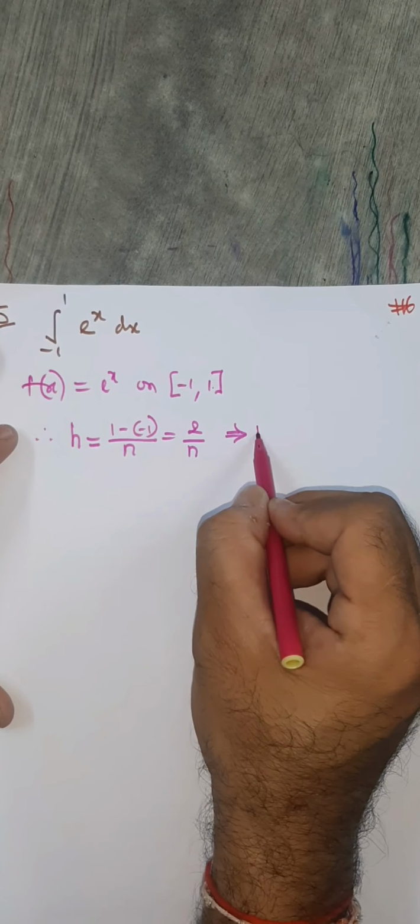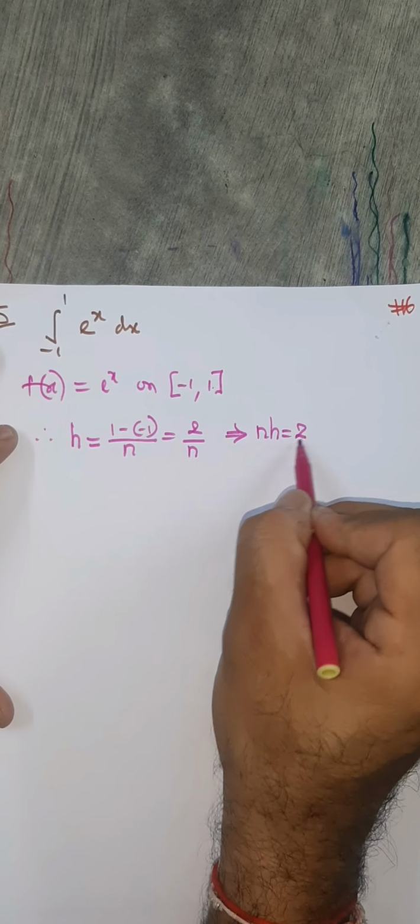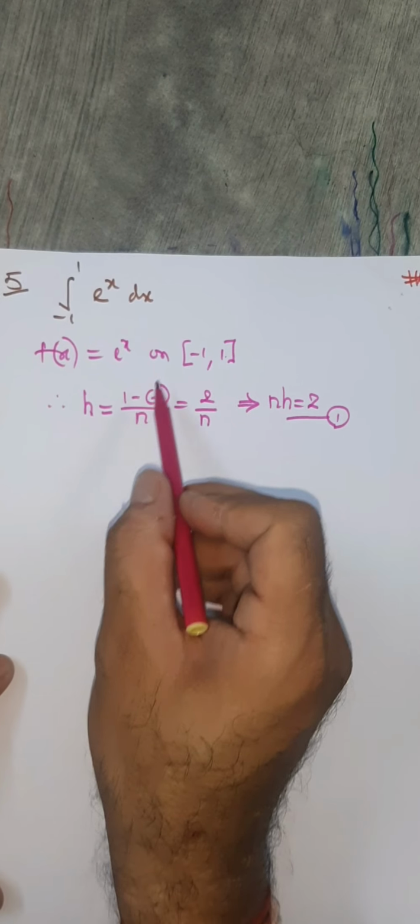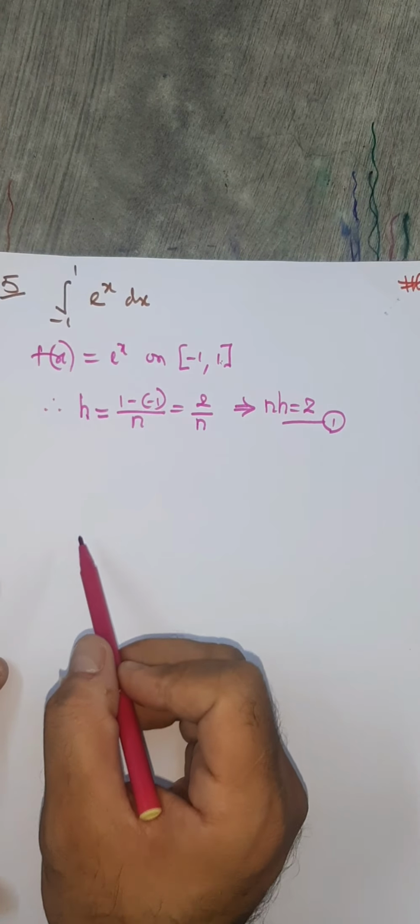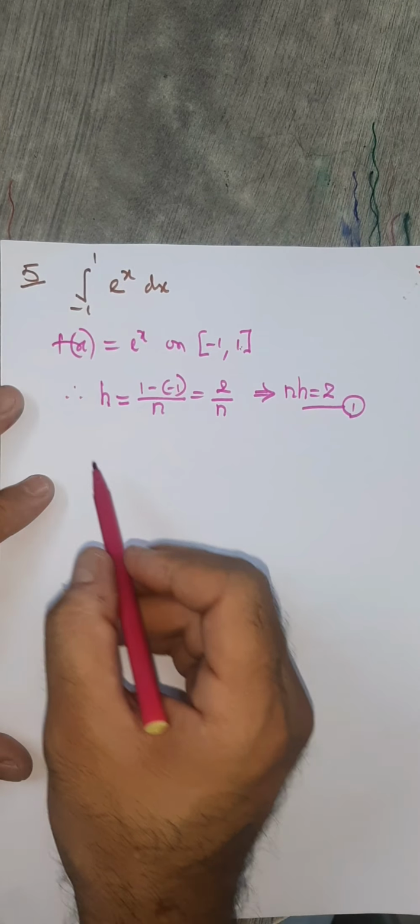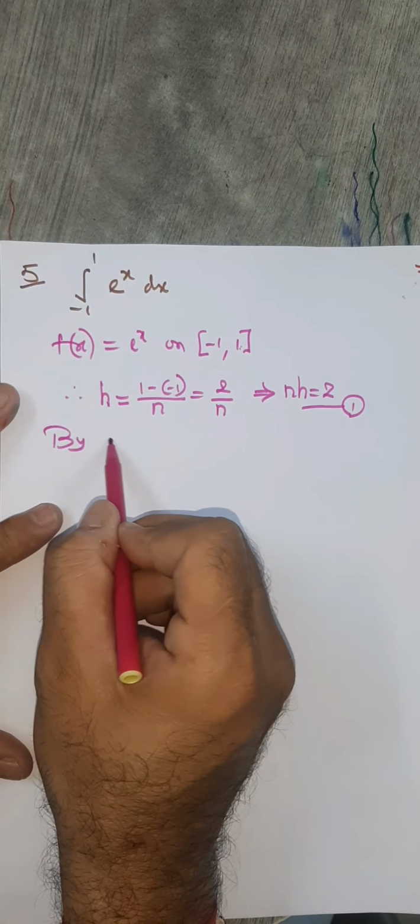So we can use nh equals 2 later on. We call this as 1, nh. h is b minus a, so we'll get 2 by n. Okay. Now we write by definition